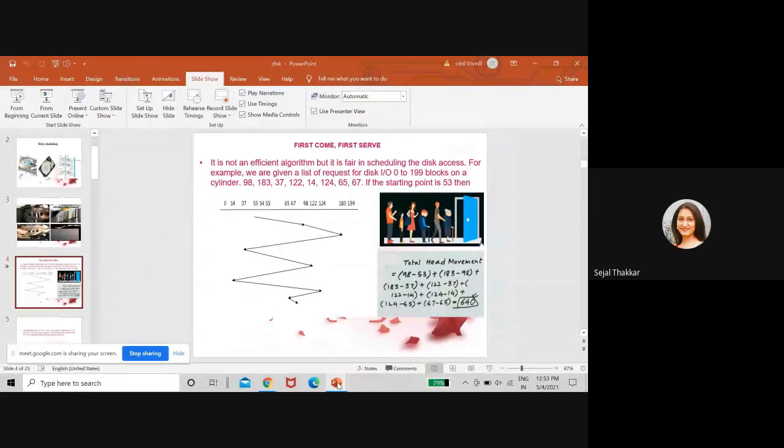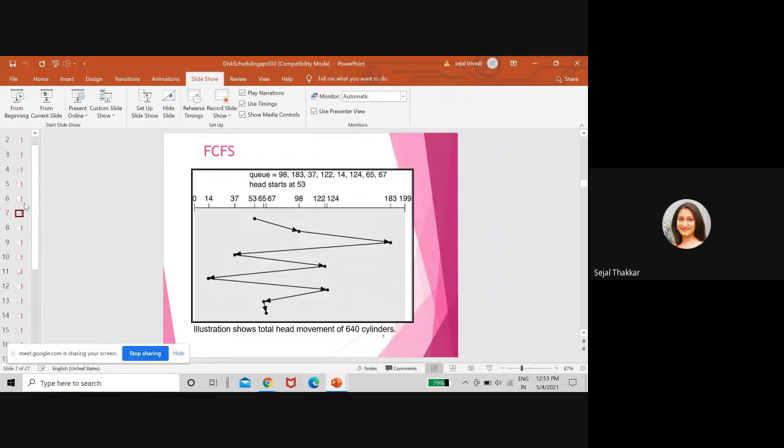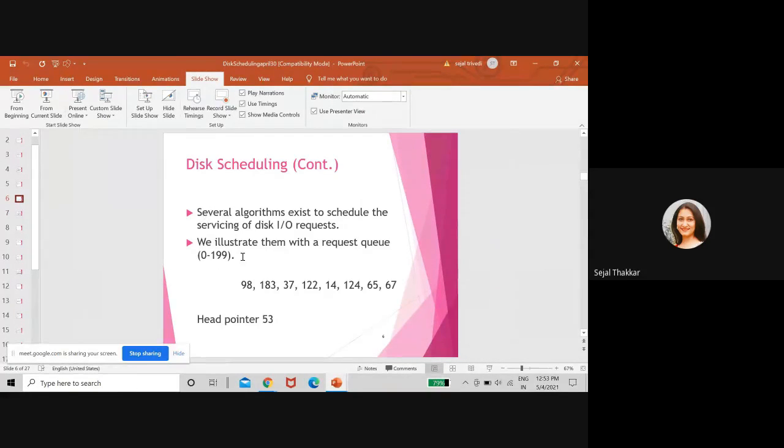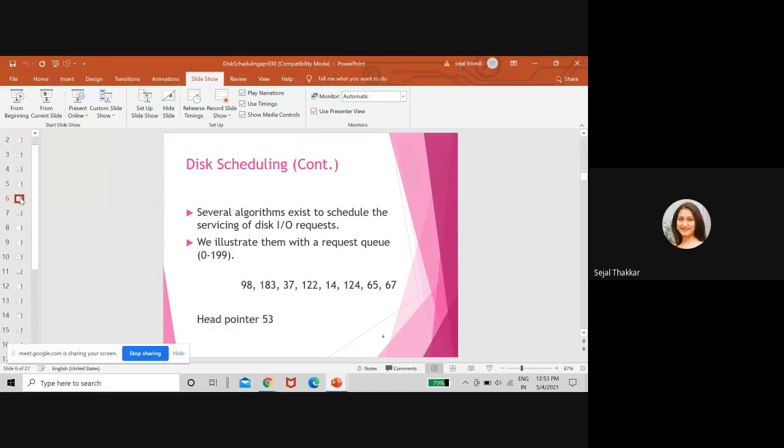Now we will see the example. We have been given a request queue 0 to 199. These are the blocks and the head pointer is given to us.